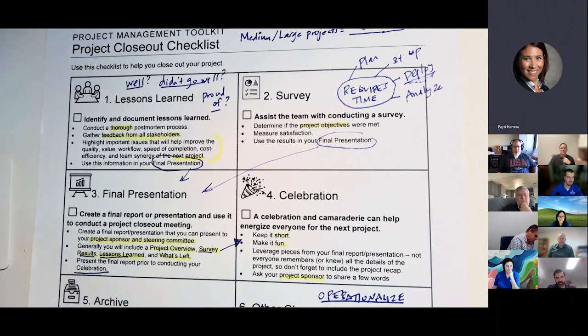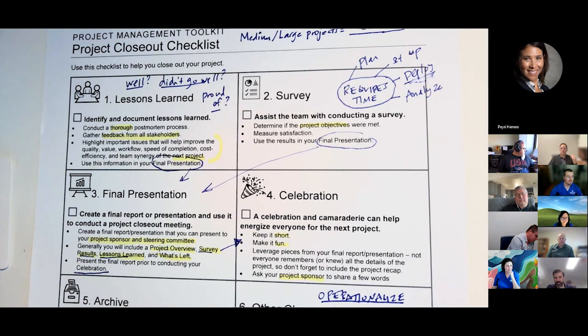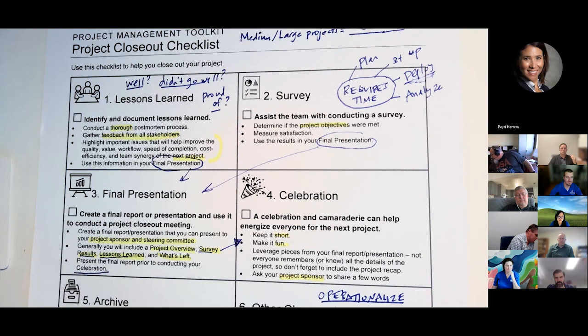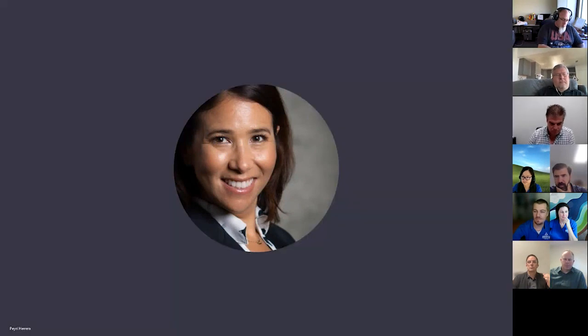Love the GIF you dropped into the chat, Risa. So as I switch back to the PowerPoint, are there any questions that anyone had about the closure process that you might want to ask right now? Great handout. Thanks, Michelle. Risa, Andrew, did I miss anything that you wanted to chime in on around the closeout process?